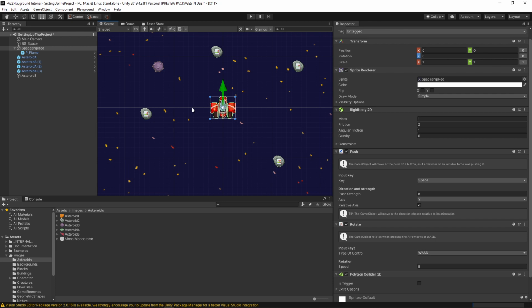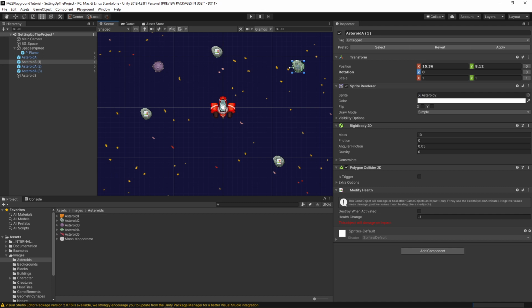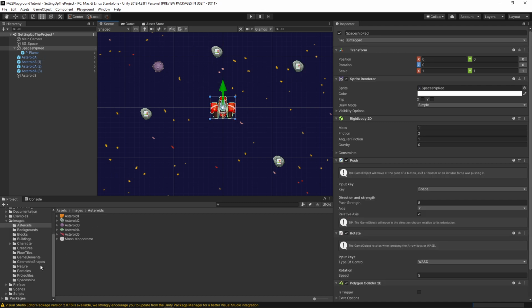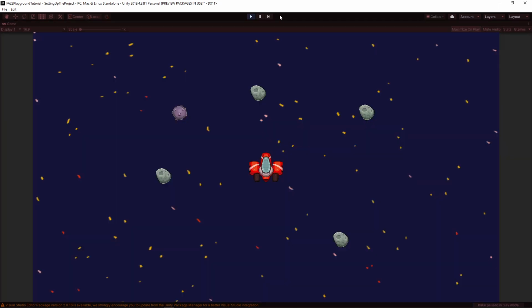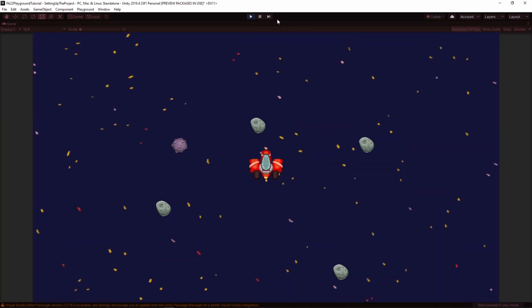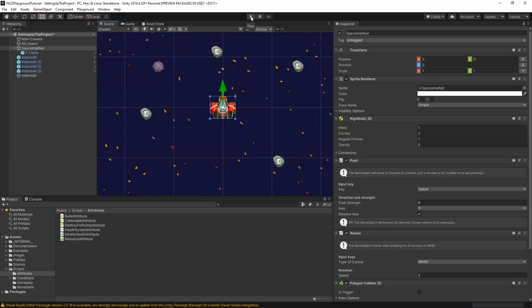We also need to add the health system to the ship. These prefab asteroids have the health modifier on it, but our ship doesn't have a health system on it. We're going to go to scripts, attributes, and we're going to take the health system attribute and we're going to drop it on our spaceship. And now when I press play, if I run into something, it's going to be tracking that health, but it's not showing it to us on